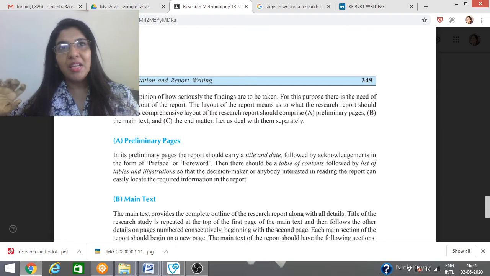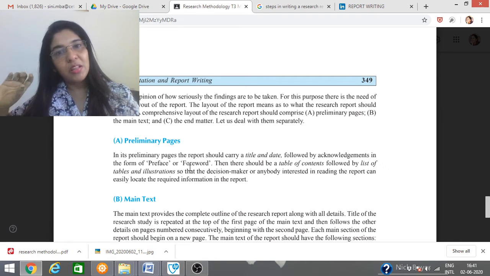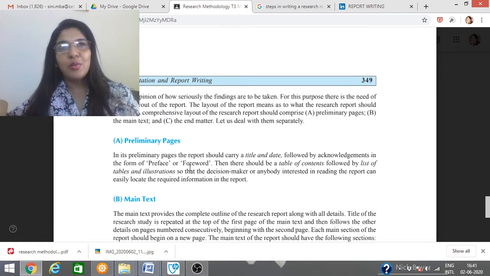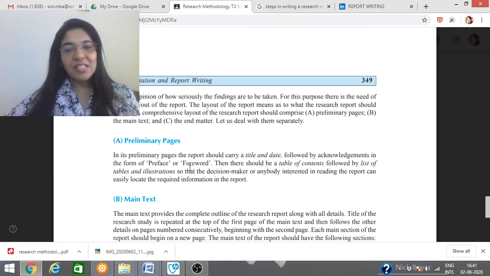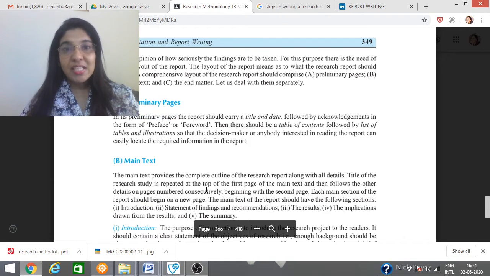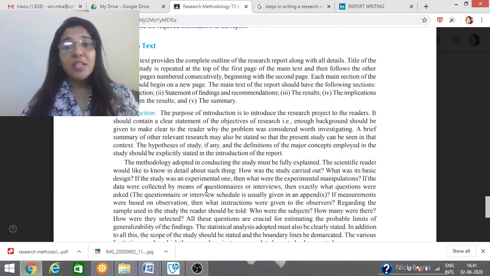Then coming to the main area of the layout is the main text. So without these three areas, your research report will not be complete. These three areas are very important. So now the next area is the main text. Here the main text provides the complete outline of the research report with all the details.